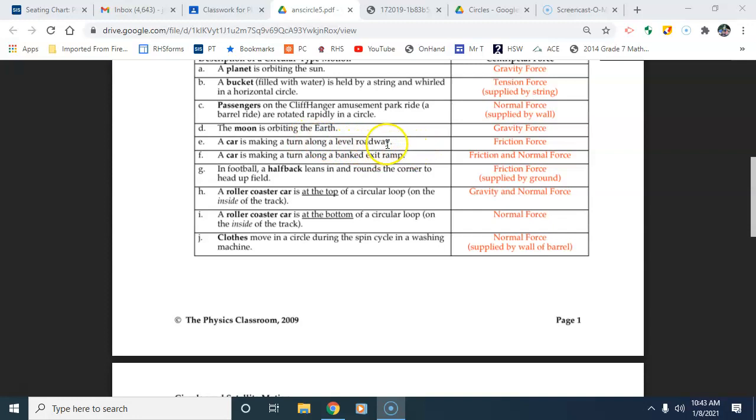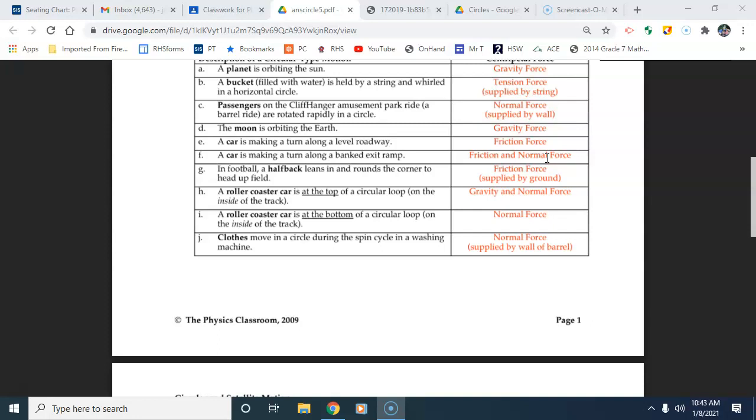If a road is flat or level, only friction, like in Part E, is helping you. But if it is banked, then both friction and normal force help you around the turn. More force helping you is better to stay on the turn, right? So anywhere there's turns on roads that have higher speed limits, you're going to have banked turns which use normal